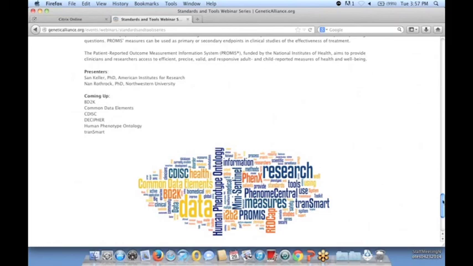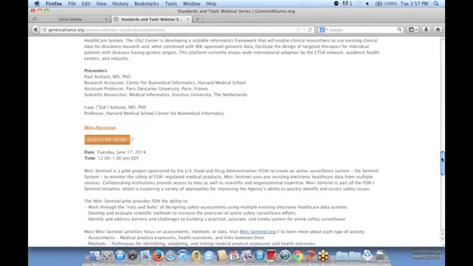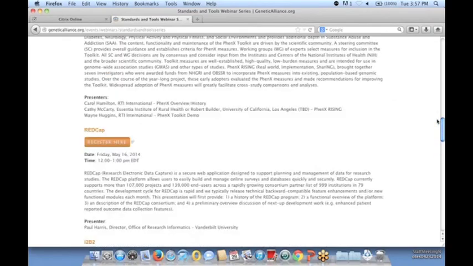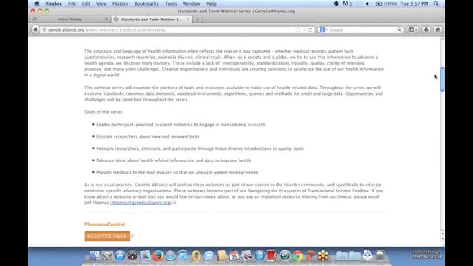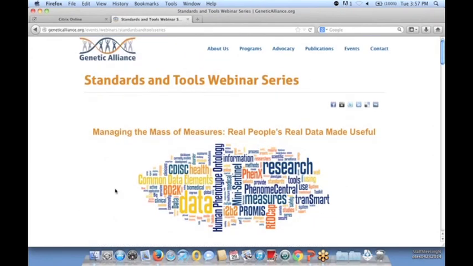So what we hope to offer the community is an overview of the tools, the standards, the validated instruments, common data elements, metadata, et cetera, that's offered to all of us, and to start to see how these things can intersect with one another and how we can really make clinical data useful across the board, so we start understanding phenotypes better and we start to understand the progression of human disease better.